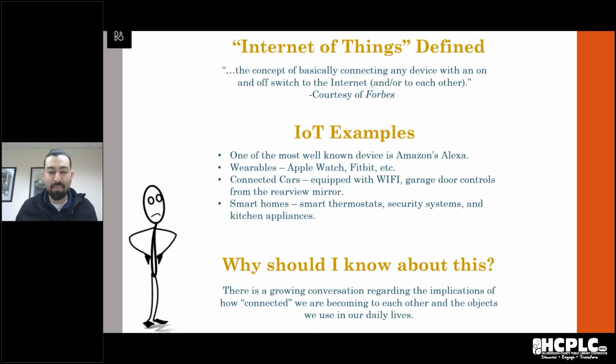All right. Hi, everybody. Welcome to the Internet of Things. The Internet of Things is a concept of basically any device that isn't a computer or a tablet or a cell phone that's connected to the internet and interacts online. A couple of examples are the Amazon Alexa, Google Home, digital assistants like that. There's usually some sort of speaker and some sort of microphone that you can speak to, and it connects online to control the devices and such.